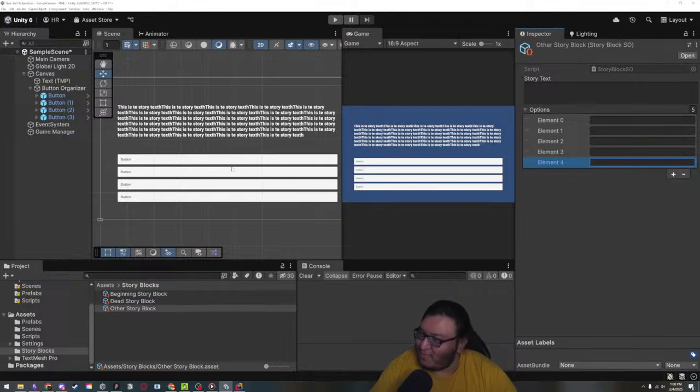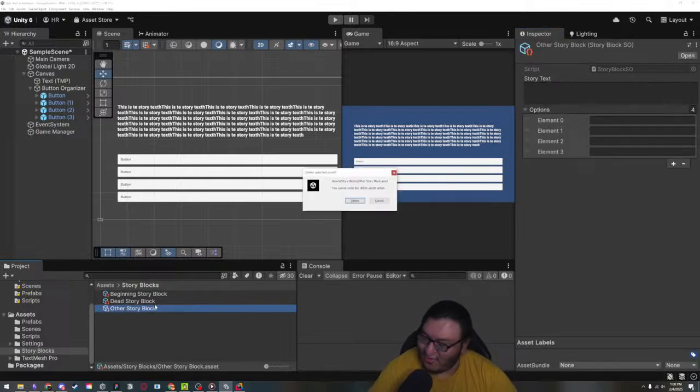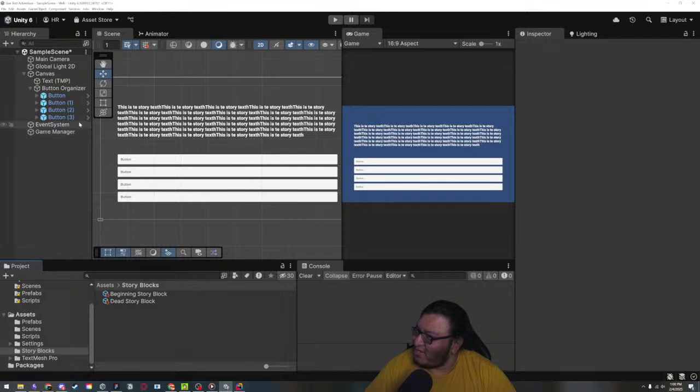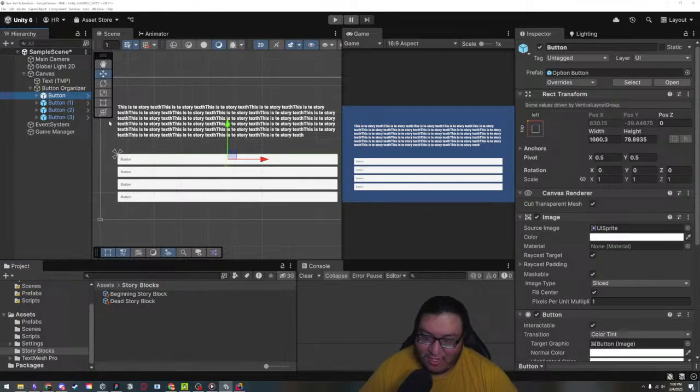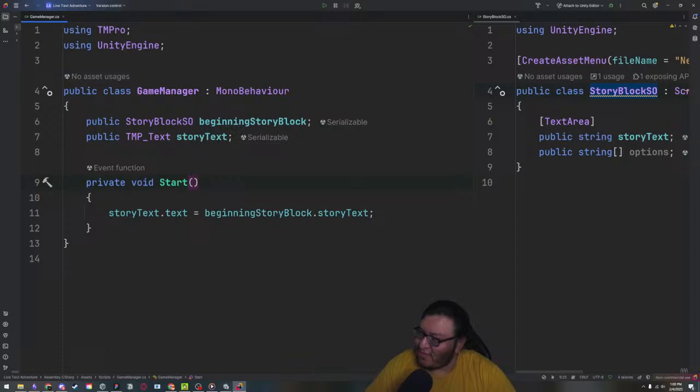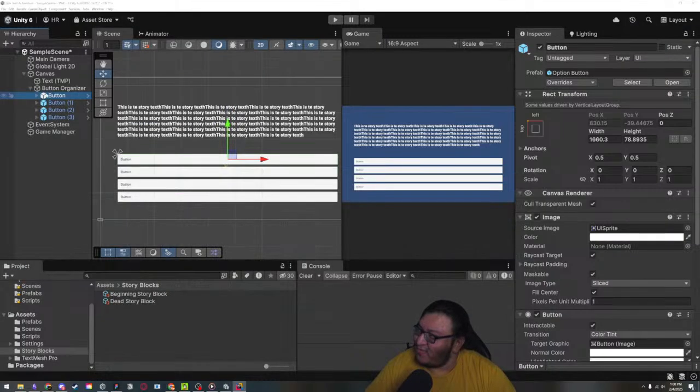How do we automatically delete and make new buttons every time we get into a story block? That's a tough question. So in order to do that, let me delete the story block. We're going to have a reference to this prefab, right? Because it's a template. And in order to have that reference over here, you can see that we didn't make a new script or anything. This is just, we just made a game object